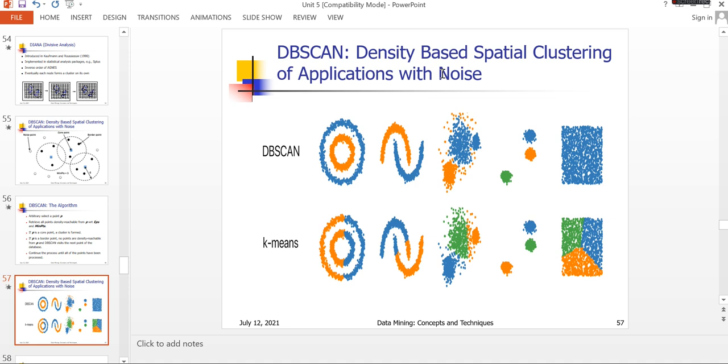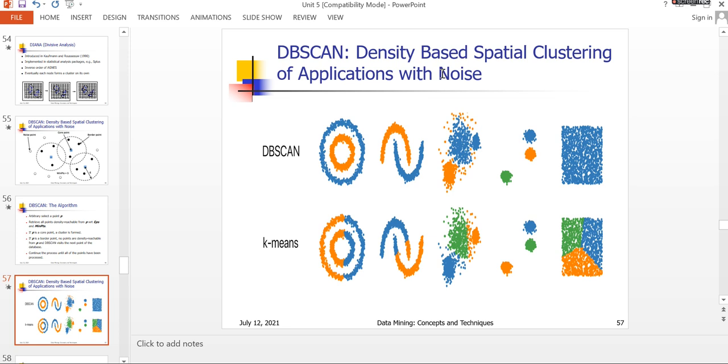We can represent the orange cluster outside, that is a blue cluster, cluster 1, cluster 2, like this. So in the density based scanning method, this dbScan method, that is the main advantage. The clusters can be divided like this, as shown in the figure. In the k-means algorithm, we cannot divide the clusters as shown in the dbScan method.